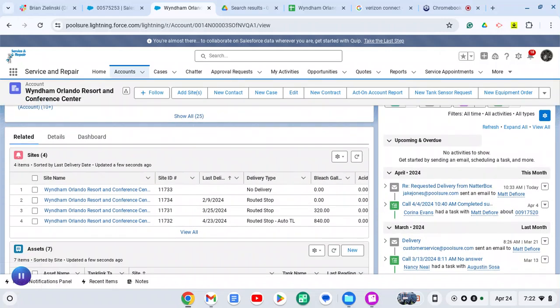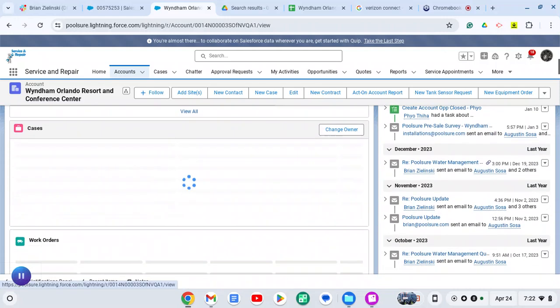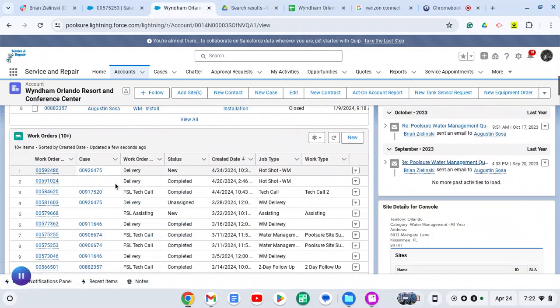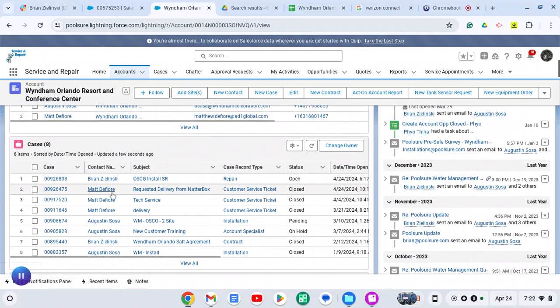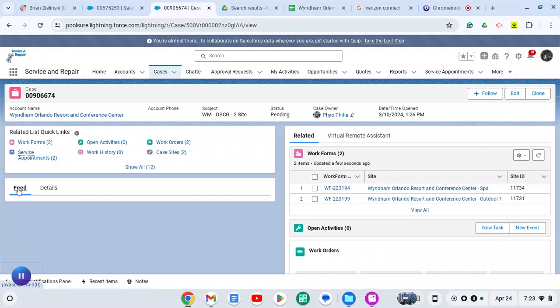Once I've done my portion and we know what it's going to cost and all of that, we're going to find the case that our sales representative is using. And that's going to be this one because it's an installation case and it's pending. Okay, I'm going to navigate there. I'm going to go to the feed section,